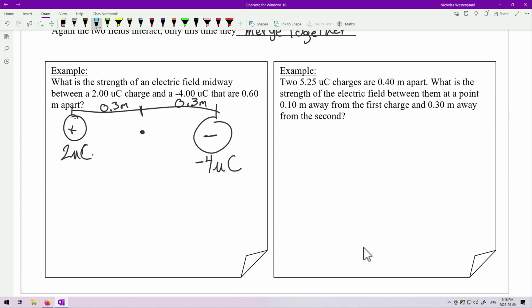How would I solve for this? Well, if this is object A and this one is object B, then you just treat them one at a time. A is positive. Positive goes radially outward. So at this point, it's pushing outward. Here's electric field A. B is negatively charged. Things go radially inward. So at this point, things should go inward. This is electric field B. So if I wanted to find my net electric field, I simply look at my electric field diagrams. Oh, A is this way, B is that way. They are in the same direction. So A and B